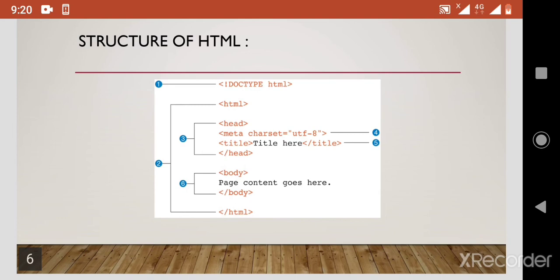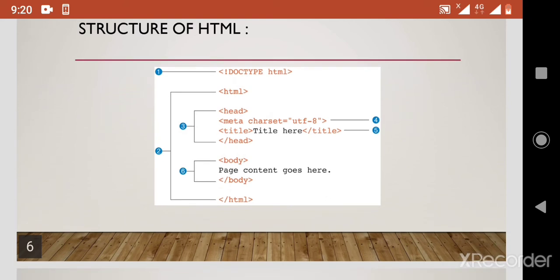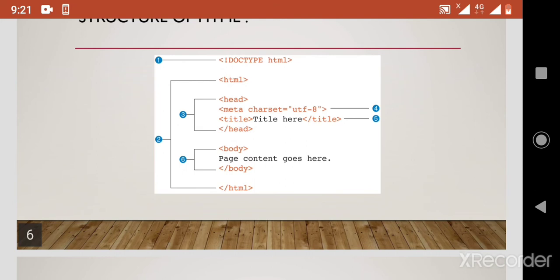In the head we may place the header of a particular page, and the title is what we give to the website, which will display at the top. The body is where we write all the content. While writing HTML code, we use tags, and they must be closed.